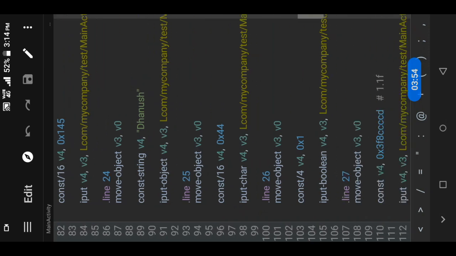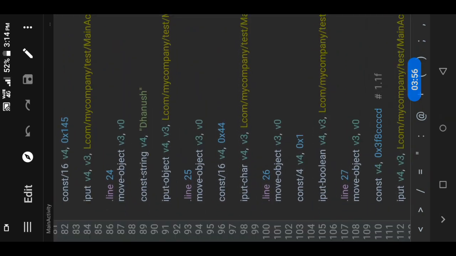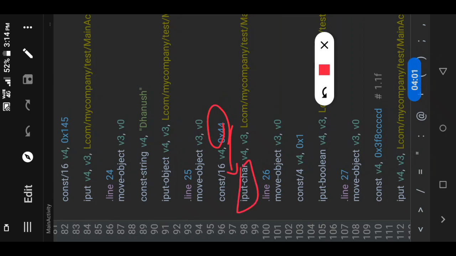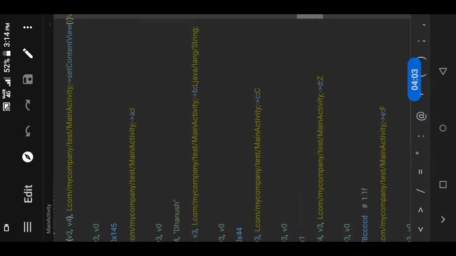If you know Java, you know about it. And for character it will be input char. So for the C variable the character D I have assigned here will be assigned. In the same way for B it will assign the string, Dhanush.